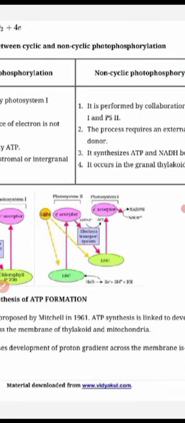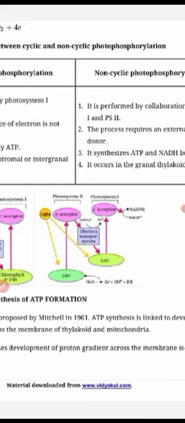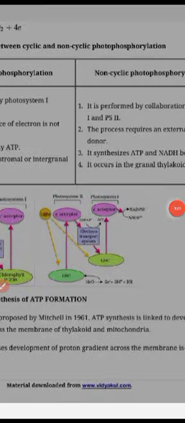So later on, in the next video, I will give the details of the Calvin cycle or C3 pathway, and how carbon dioxide gets utilized to form the